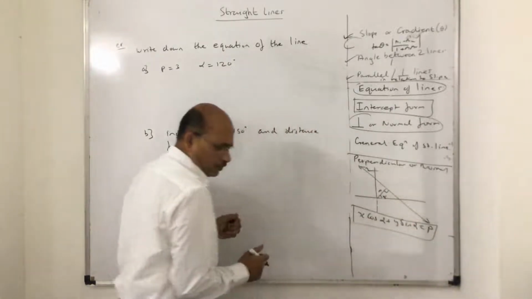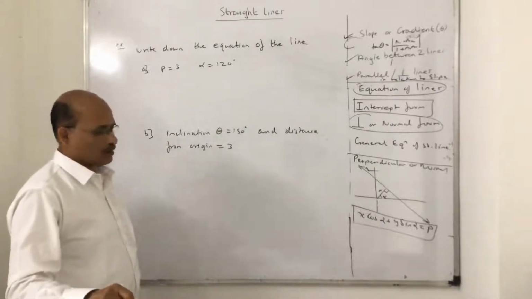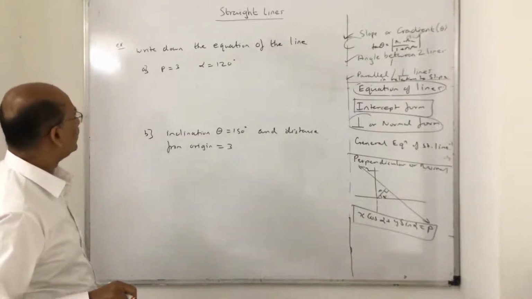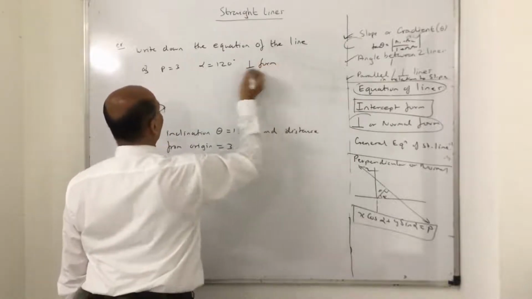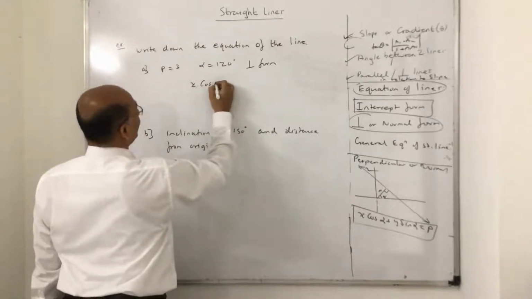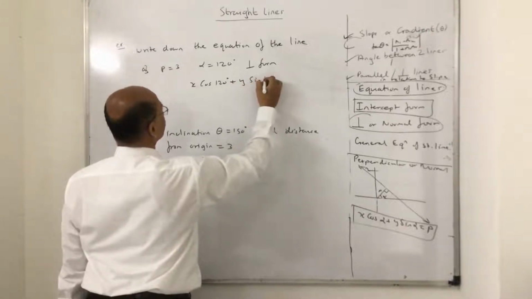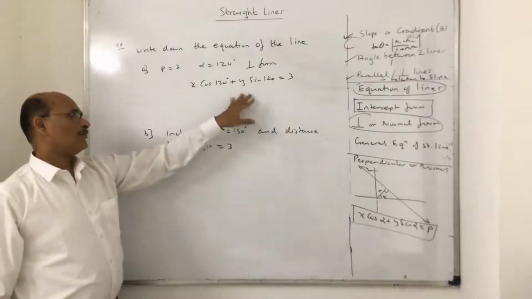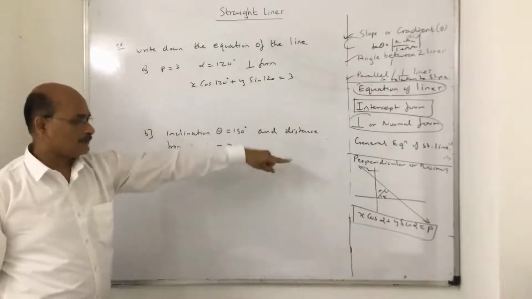That's the beauty of this formula, x cos alpha plus y sin alpha. Derivation is not required here, I just have to show how to use it. So basically what are they telling us? Find the equation of the line. It is the perpendicular or normal form, because a perpendicular form of the line is required. So it is x cos alpha plus y sin alpha is equal to P, that is 3. They are asking for the proper equation of a line using this data. P stands for the perpendicular distance.